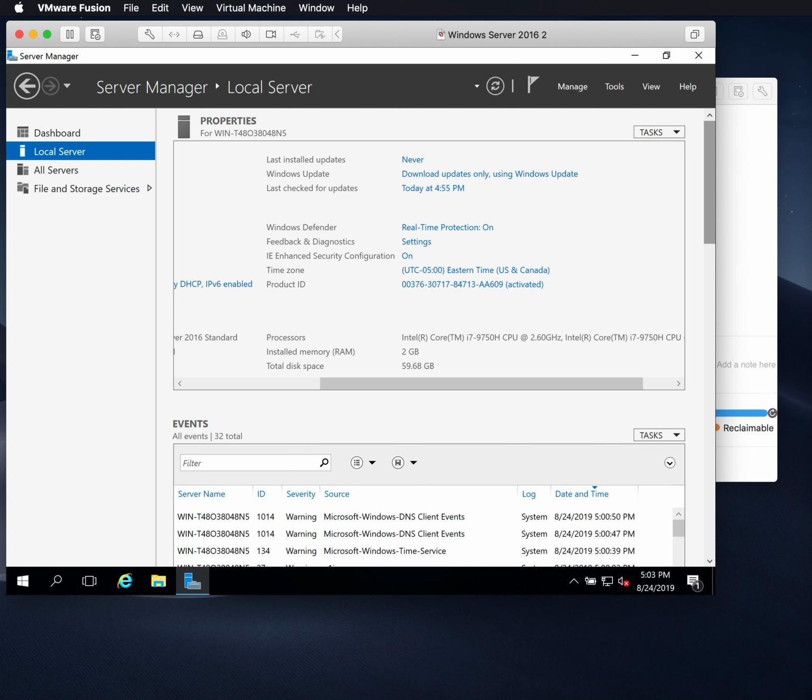Now, the Windows Server roles available on Windows Server 2016 Standard would be the Active Directory Certificate Services, Active Directory Domain Services, Active Directory Federation Services, AD Lightweight Directory Services, AD Rights Management Services, Device Health Attestation, DHCP server, DNS server, fax server, file and storage